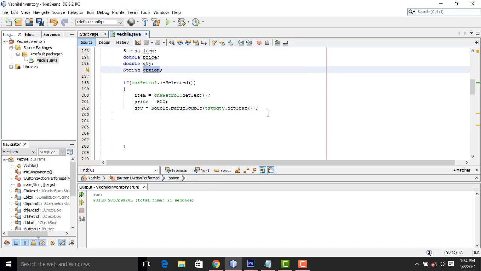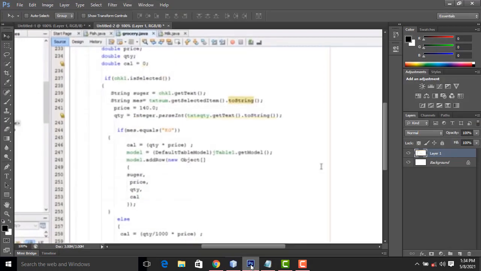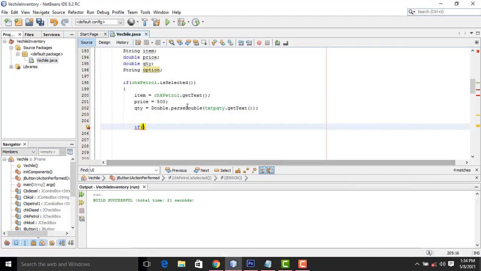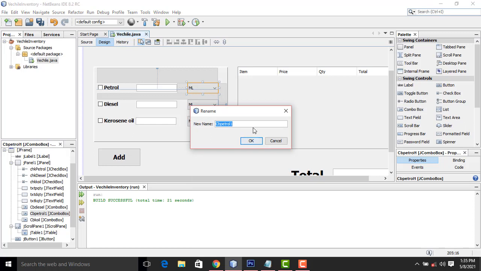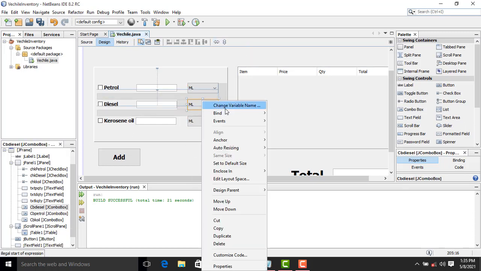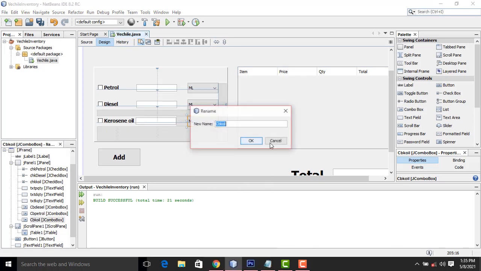Now what I am going to say after that is the option. The option also we have to write like here. You have to write an if. Here we have to write the equals check. What is the name we gave here? This one should be CB petrol, this one CB diesel, this one CB. Okay.